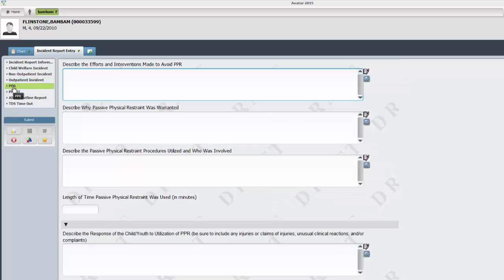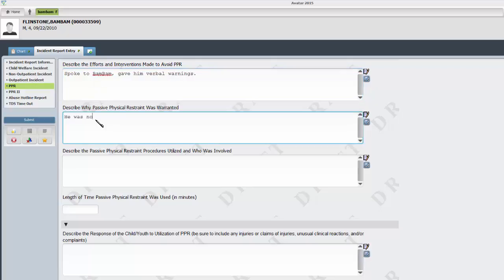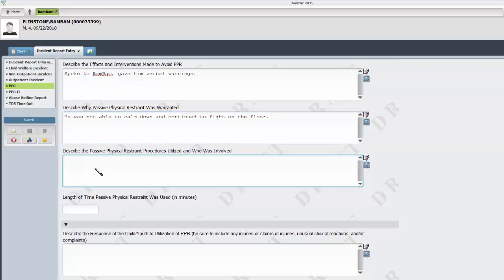Because passive physical restraint was used, first we would describe the efforts made to avoid that. So, we spoke to Bam Bam, gave him verbal warnings. He was not able to calm down and continued to fight on the floor. We would go on to describe the passive physical restraint procedures used, who was involved in